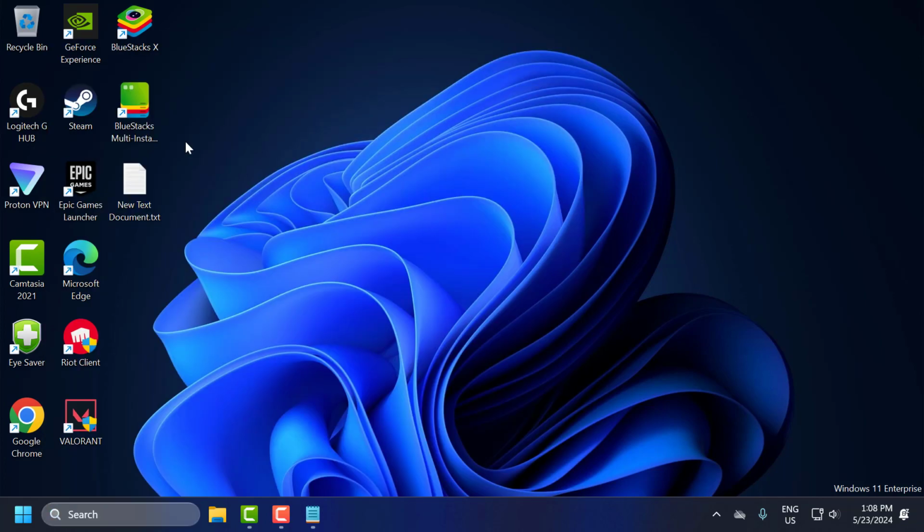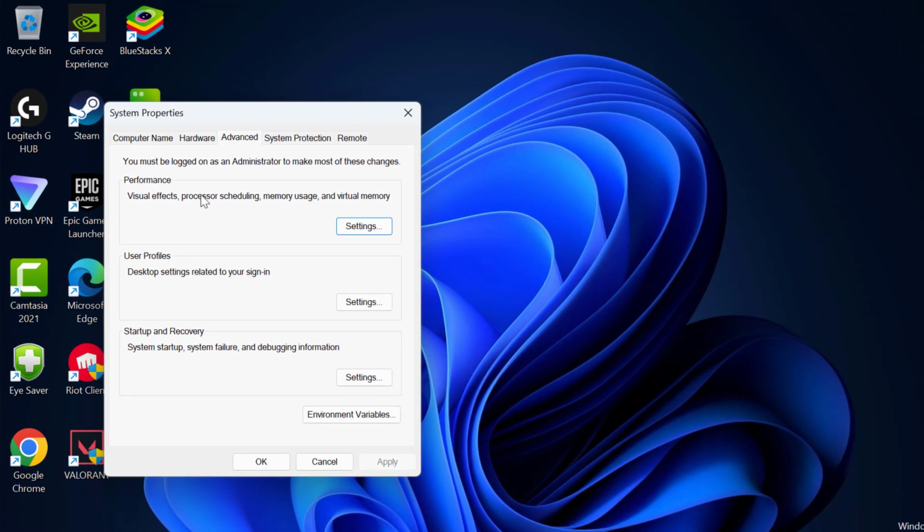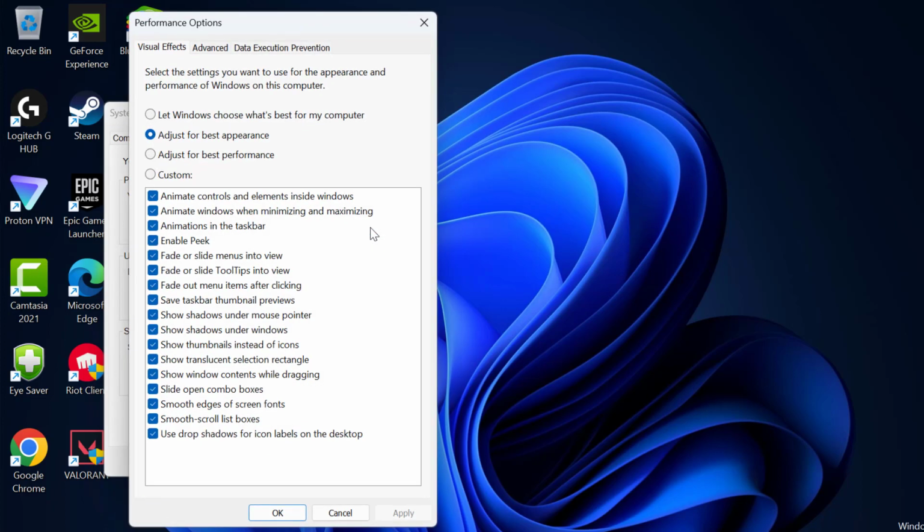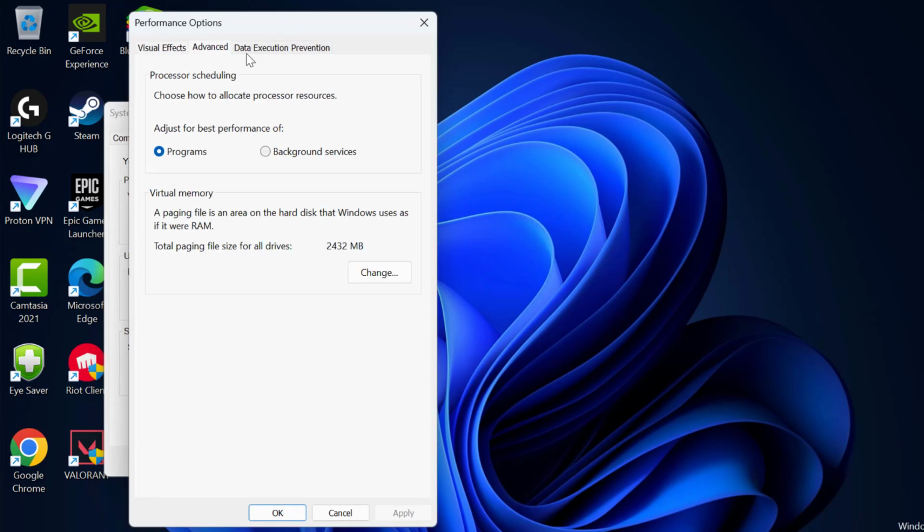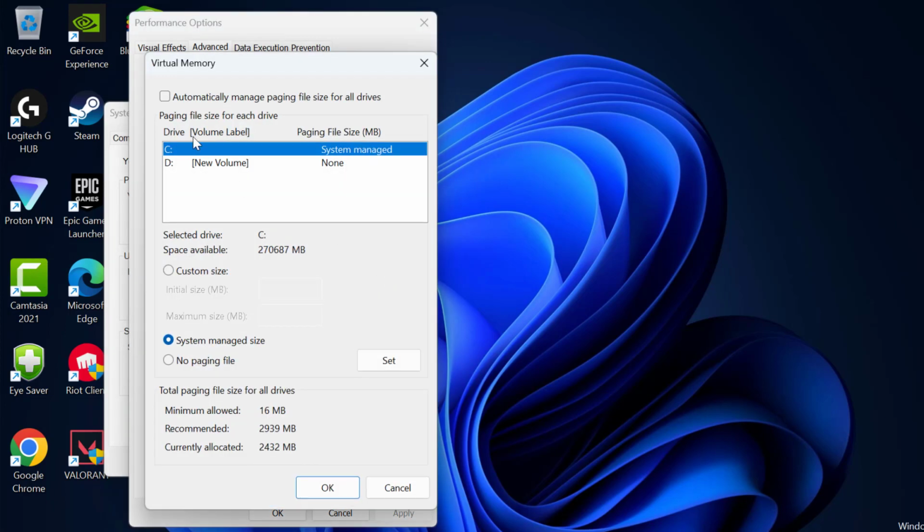Click on open it. Under the performance, select settings. Select the advanced tab and under the virtual memory, select change. And you just need to uncheck this option, guys: Automatically manage paging file size for all drives. Uncheck it and then select a custom size. And now you just need to type the initial size, the recommended value, guys. In my case,